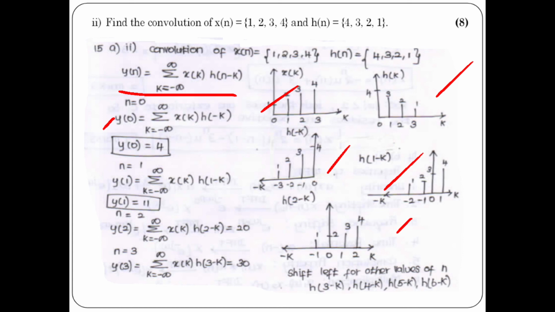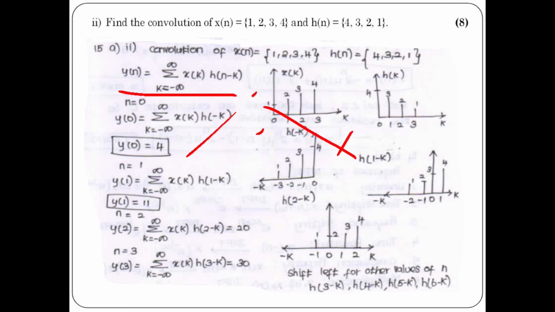Okay. So convolve both the signals, x of k and h of minus k. If you convolve the signal, at 0 you have 4 and here at 0 you have 1. Then at 1 you have 2 here. There are no signals for 1, 2, 3 and 4 and so on. So multiply 1 with 4, you will get 4 as the answer.